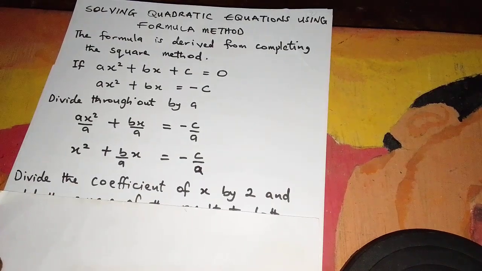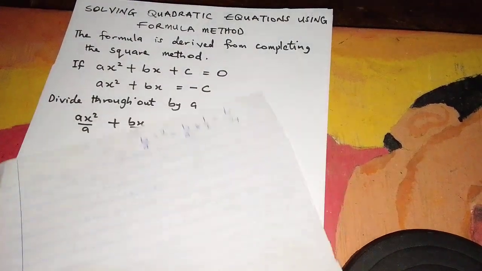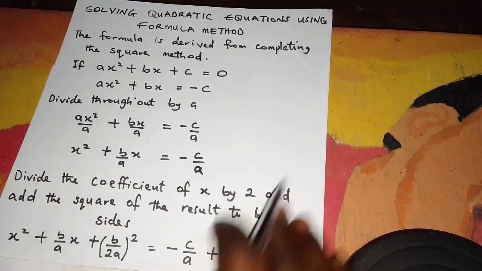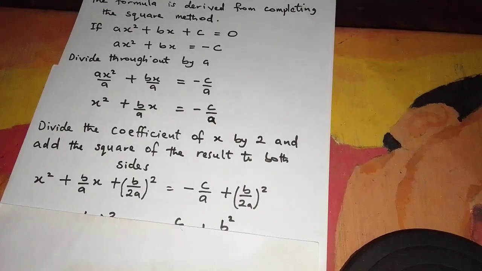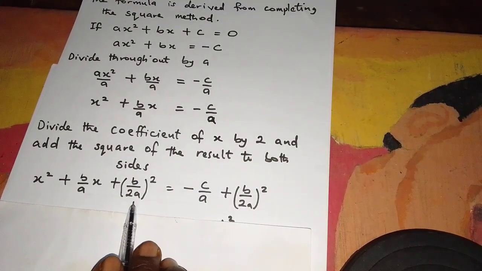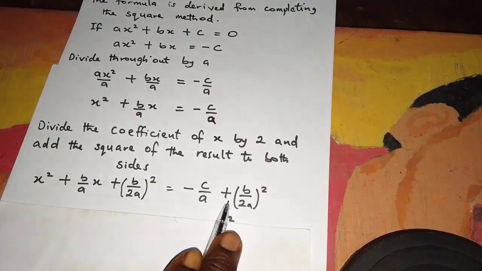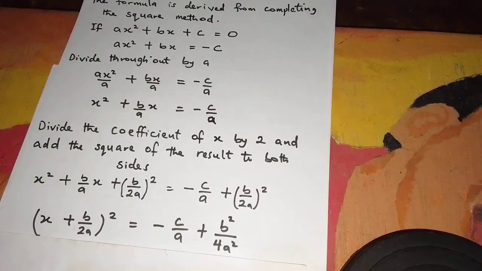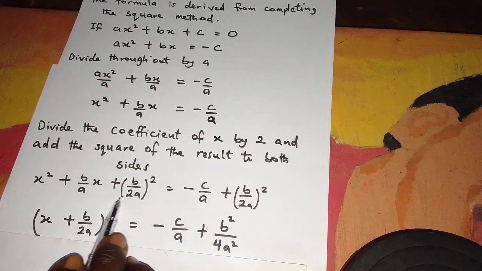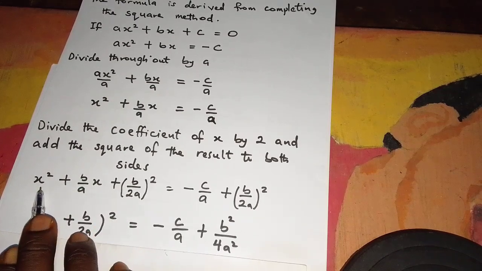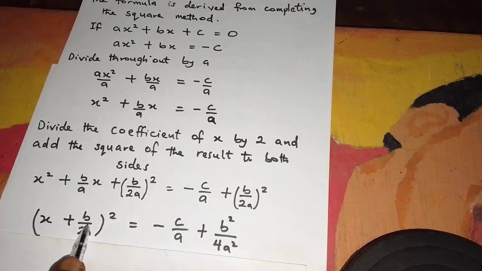So you now add the square of this b over 2a to both sides. When you add it to both sides, x squared plus b over a x plus b over 2a squared should now be equal to minus c over a plus b over 2a squared. By dividing the coefficient of x by 2 and adding the square, you've made this side a perfect square. So that means you now have x plus b over 2a, squared,